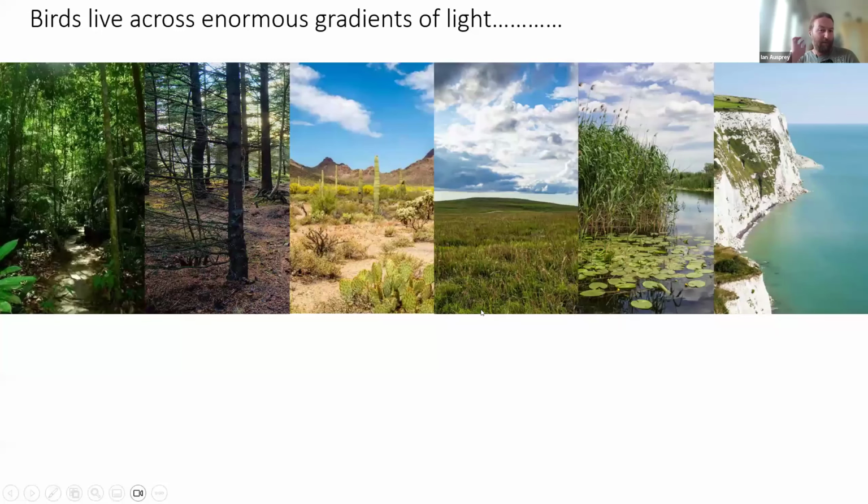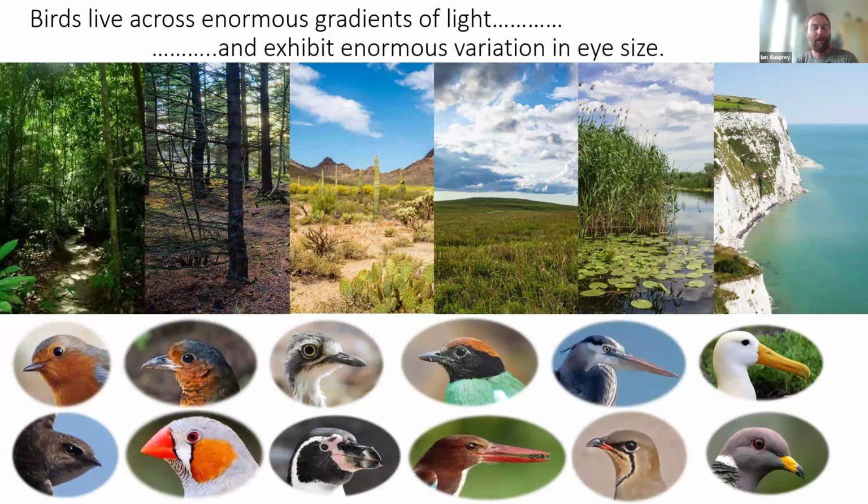And as I'm sure most of us know, birds live across an enormous gradient of light, right? Birds inhabit all kinds of habitats across the world, ranging from very dark, enclosed environments such as the interior of tropical forests or coniferous forests in the temperate north, to fairly open terrestrial environments like deserts and grasslands, to aquatic environments that tend to be very open and brightly lit. And birds have obviously adapted to live across these gradients of light by adapting a large gradient in eye size variation. And anybody who has spent any time looking at birds in the field knows that birds vary a lot in